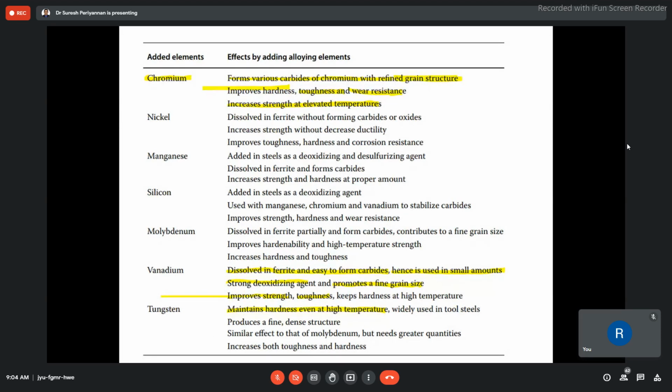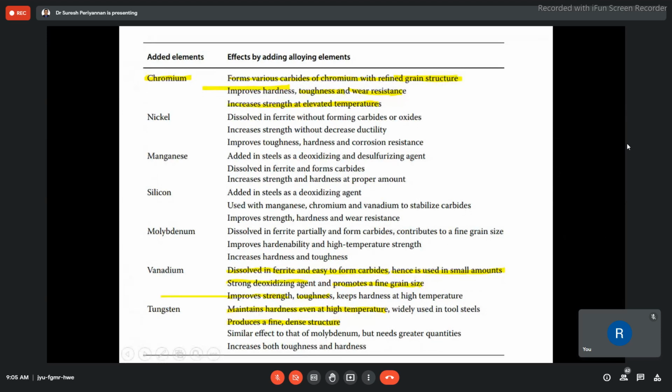Okay, produce a fine dense structure. Produce a fine dense structure in that sense that tungsten is a very high density material, around 10,900 kilogram per meter cubed, something like that. We will see later. And this is the tungsten. While adding the tungsten, a similar effect we may obtain like molybdenum. Okay, but here what are the benefits you are going to get? Another benefit: increase both hardness and toughness, even at a high temperature also, while you prefer tungsten as the alloying element to make the new material.